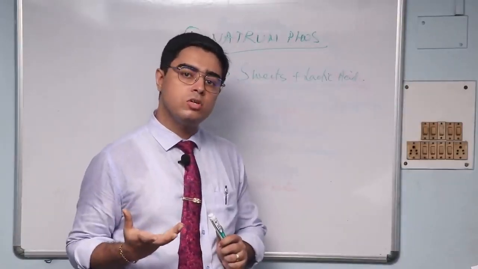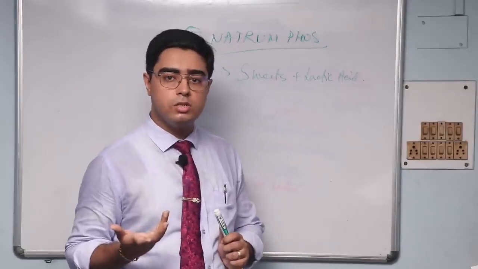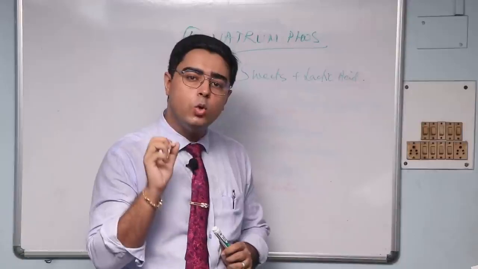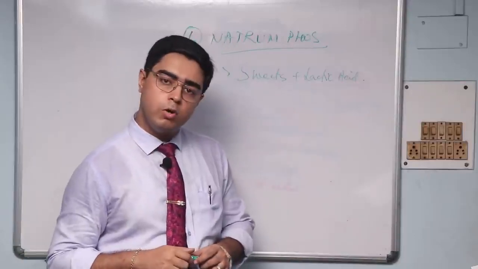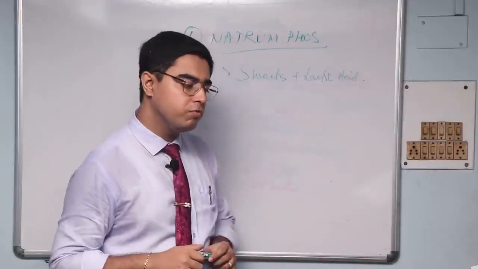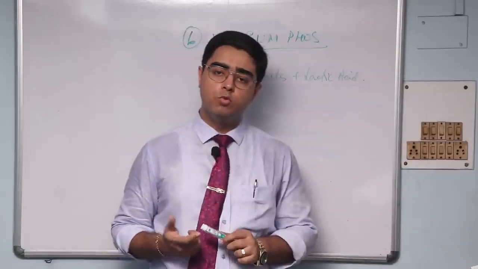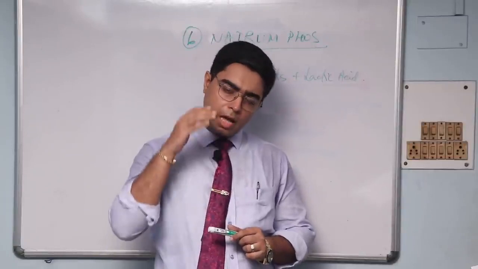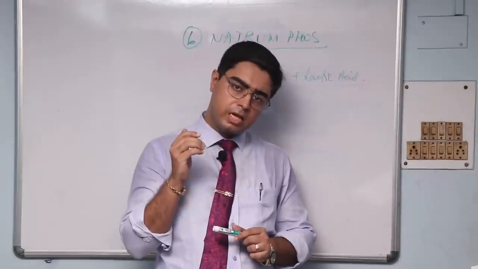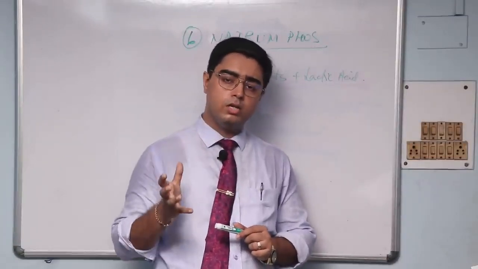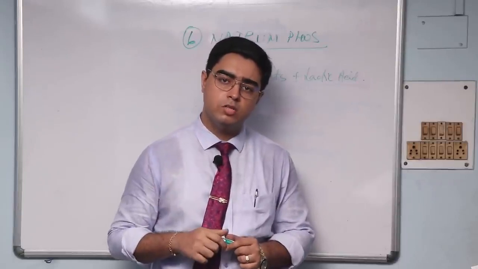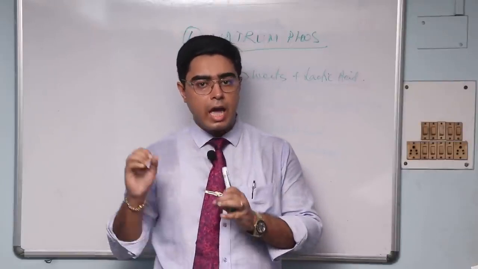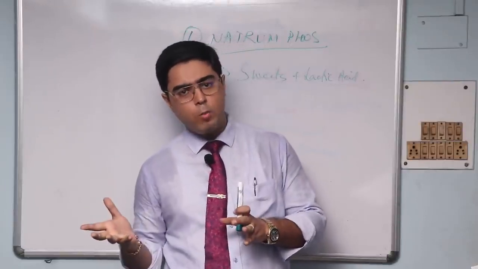You understand with gastric ailments, the tongue is the reflection of the digestive tract. In case of natrum phos, there is a thick, yellow, creamy coating at the roof of the mouth. So a thick, yellowish coating at the base of the tongue, or even at the roof of the mouth, is an indication for natrum phos. So look for the etiology, look for the tongue,